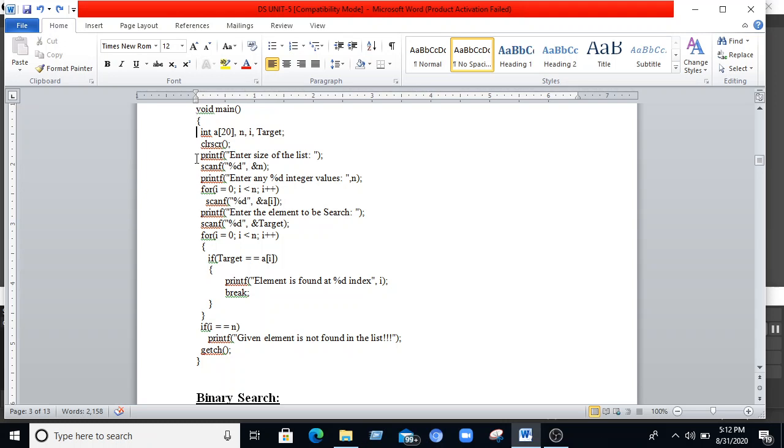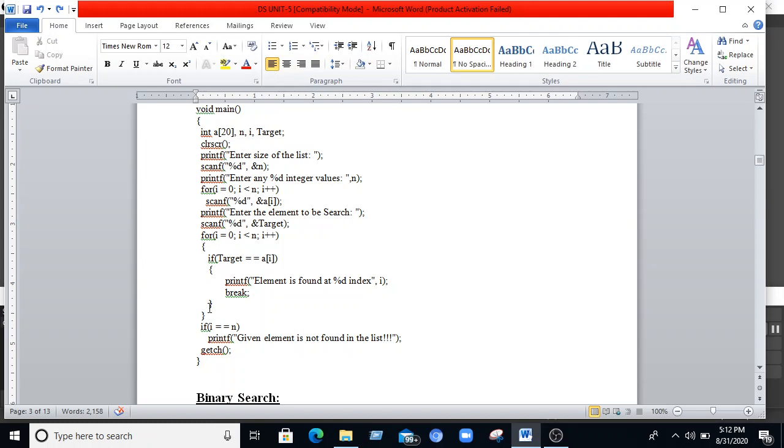Here we declare some variables. This is the declaration part. Here we read the size of the array, the size of the list, taking the input from the console. Next we read the element to be searched within that list from the user, and we repeat the loop by placing the condition: is the target equal to a[i] or not?